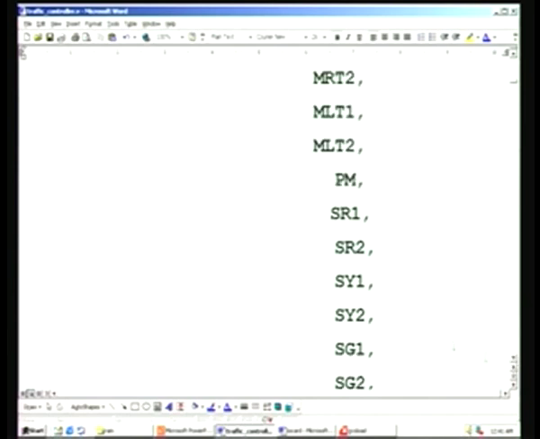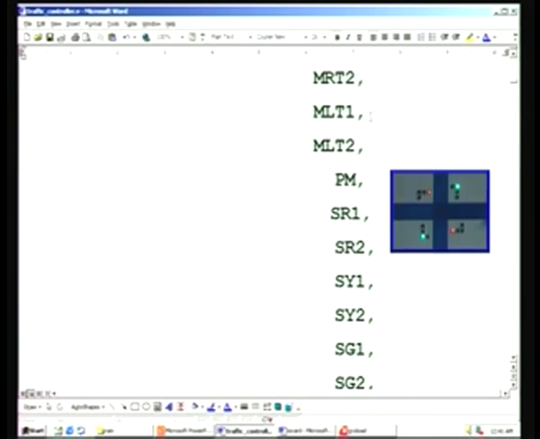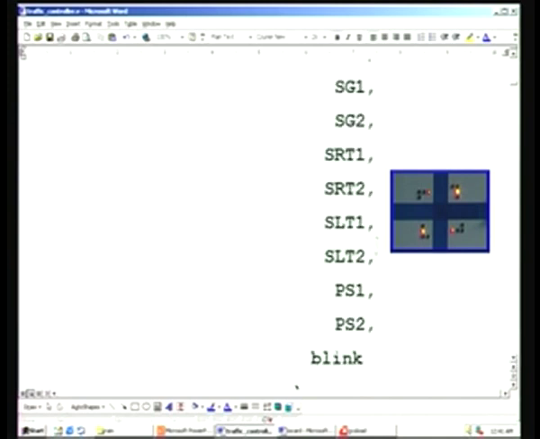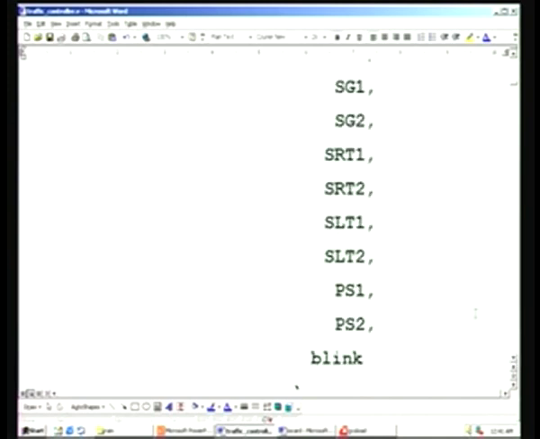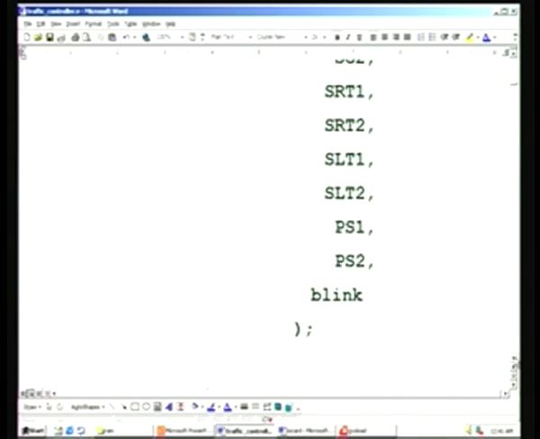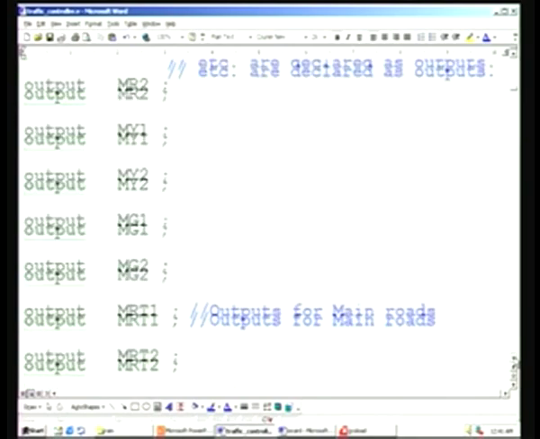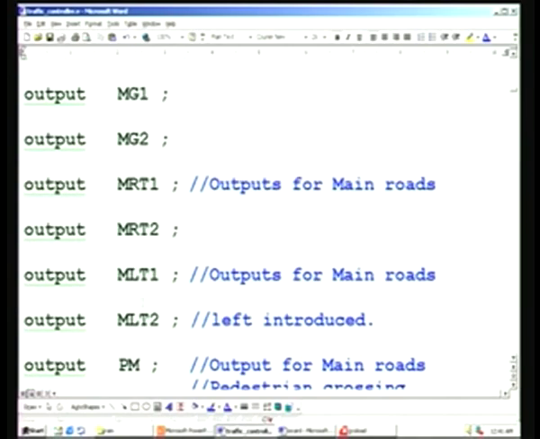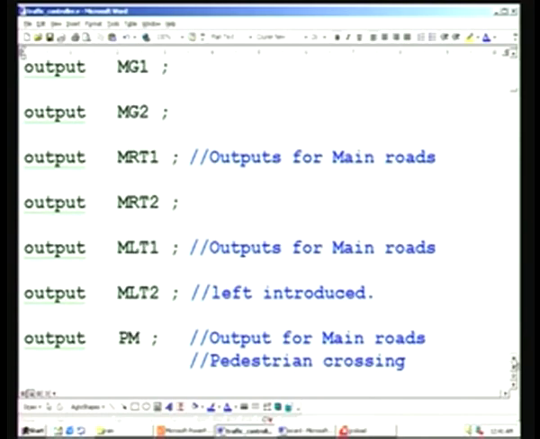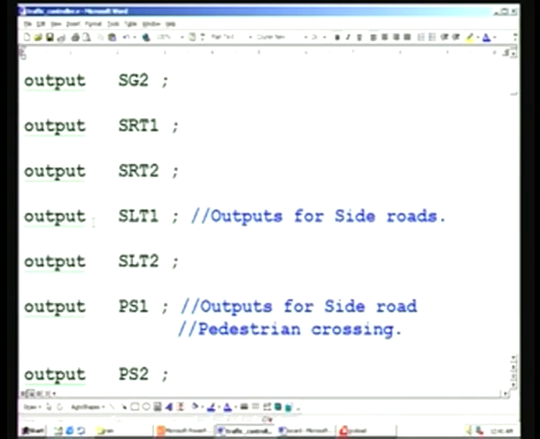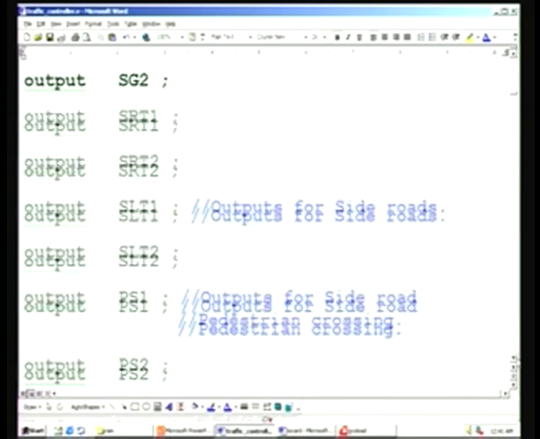So, these are all the declarations here. For example, left turn and extra here, and pedestrian main, similarly pedestrian side, and similarly all left are extra here, and pedestrian signal here. Then blink happens to be the very same thing, and once again we have IO declarations. Once again you see this left output and pedestrian main, and then once again left for the side, then pedestrian crossing outputs,